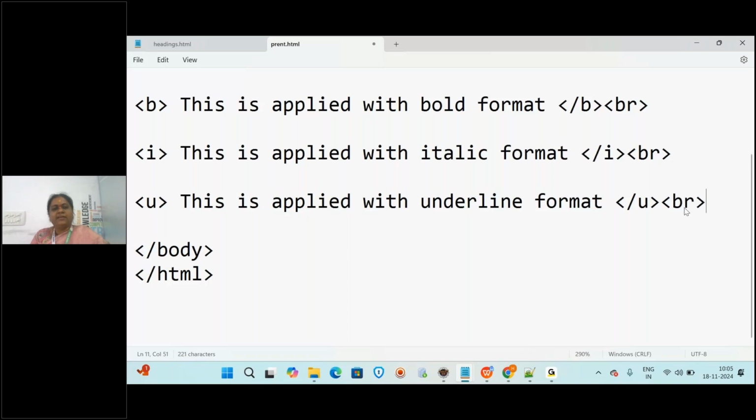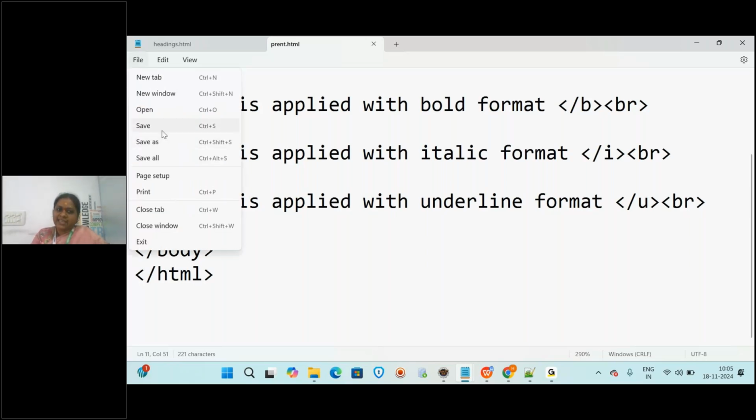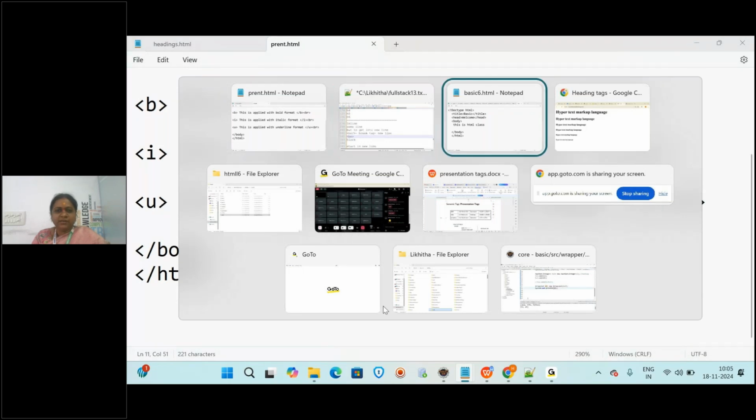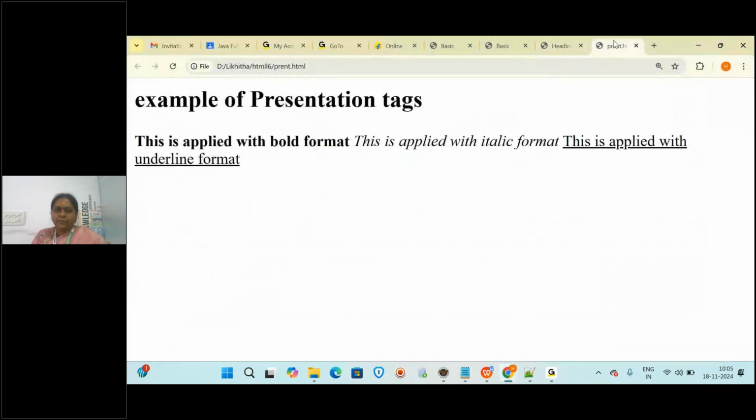Let us save it. I said, right, the first time you have to click save as and save with .html. After making modifications, you can just go to the file and say save, or Control S, the shortcut key. Now we have already executed. It is open here. Now I'm going to refresh the page.